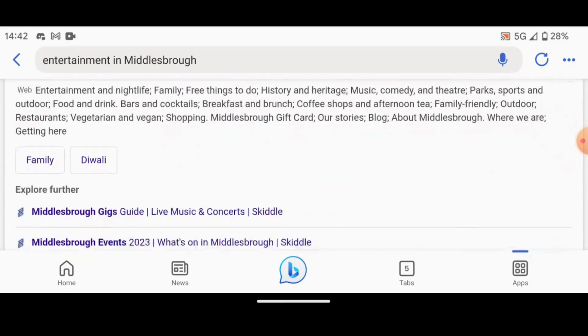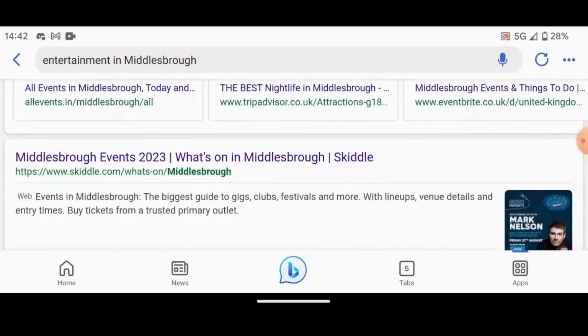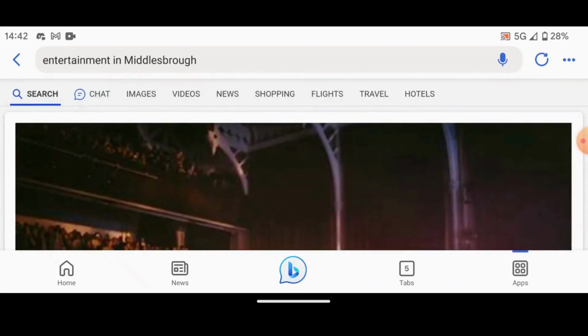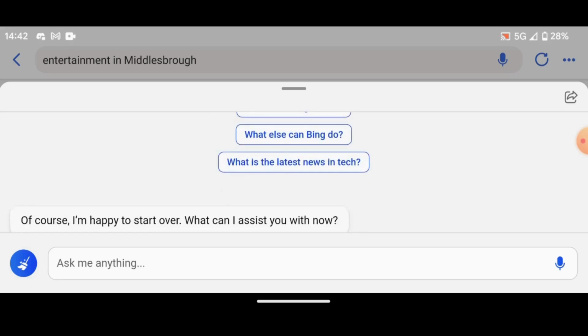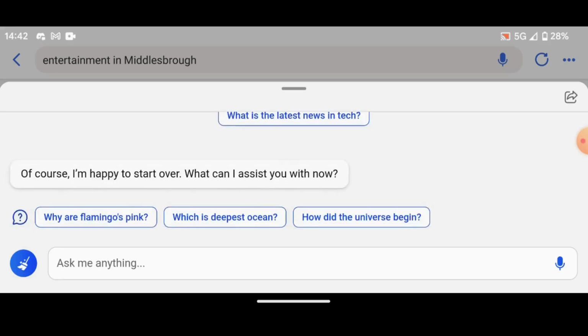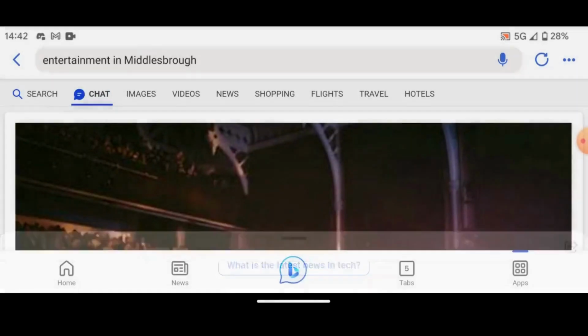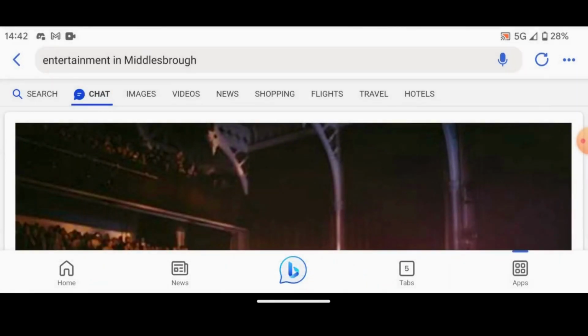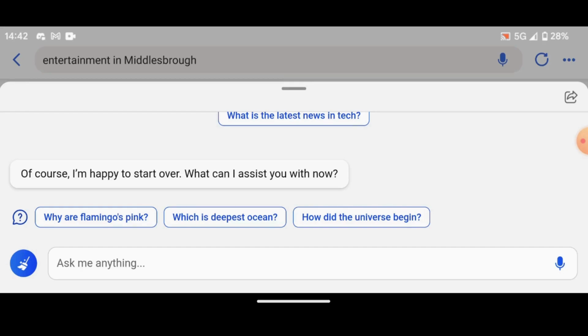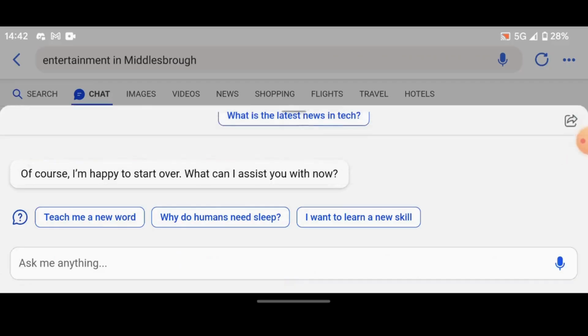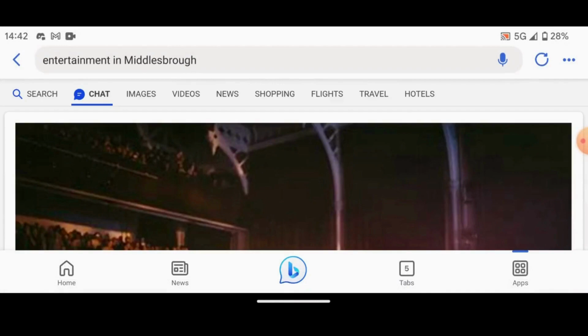And then I can go through, and these are just the normal searches. But at the top, I can click to chat. Now, disappointingly here, usually it's taking the chat directly from my search. Now, this is something I would say is a limitation at the moment, possibly of the app version that I'm using. The app version is not taking information directly from my search, and that's very disappointing because the whole